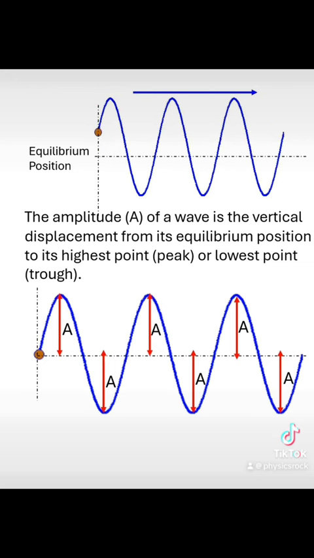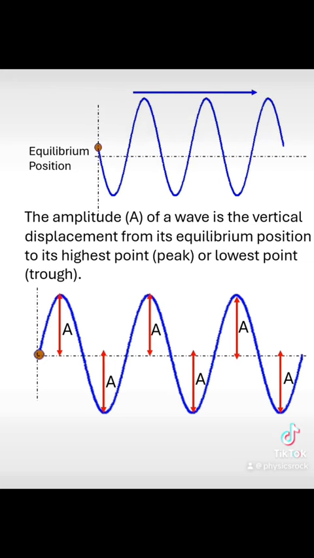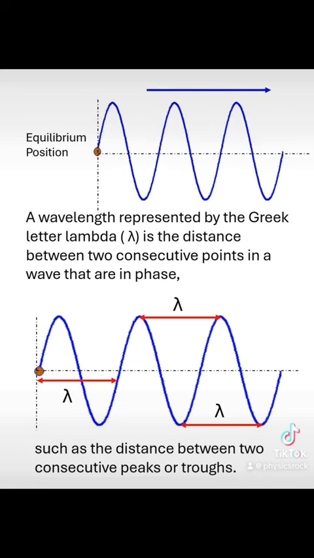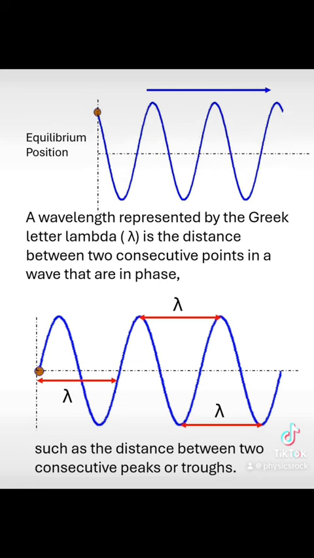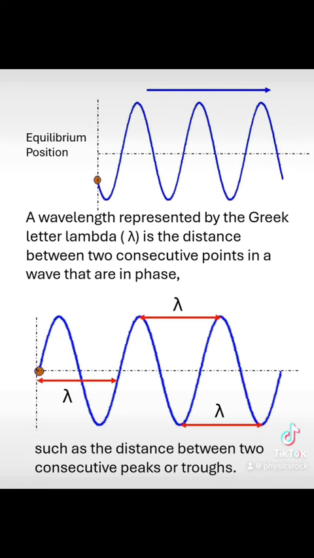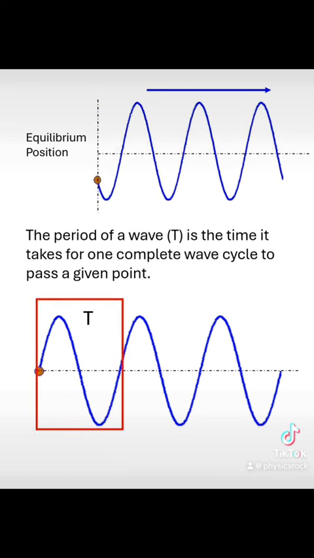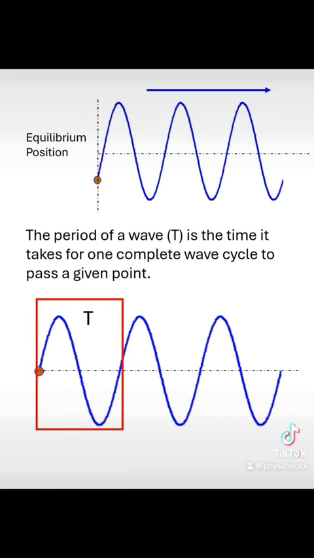The amplitude is the vertical displacement from its equilibrium position to its highest point or lowest point. The farther the pendulum is from the equilibrium position, the higher its amplitude. The wavelength is the distance between two consecutive points in phase, such as the distance between two consecutive peaks or troughs. The period of a wave, T, is the time it takes for one complete wave cycle to pass a